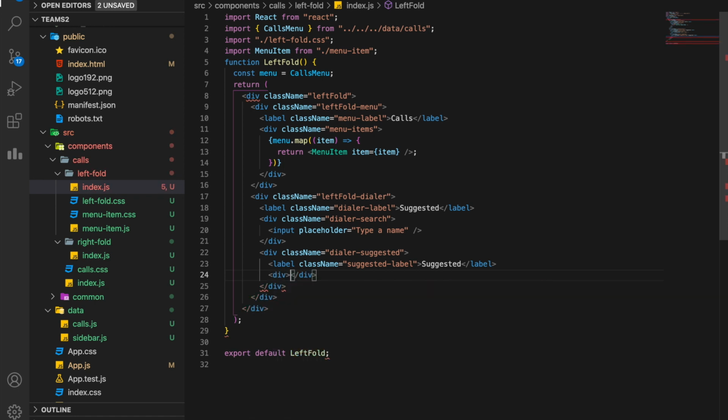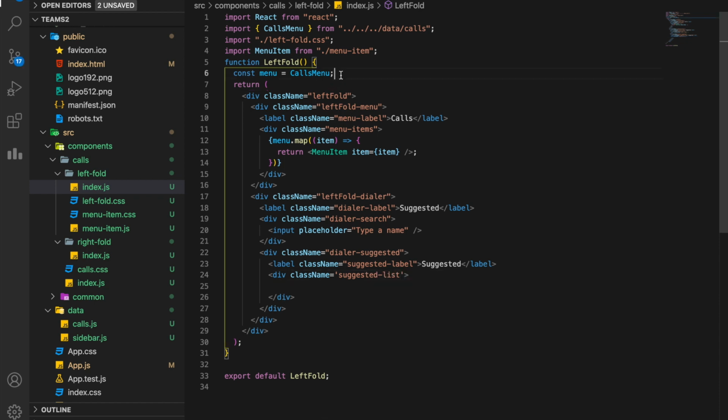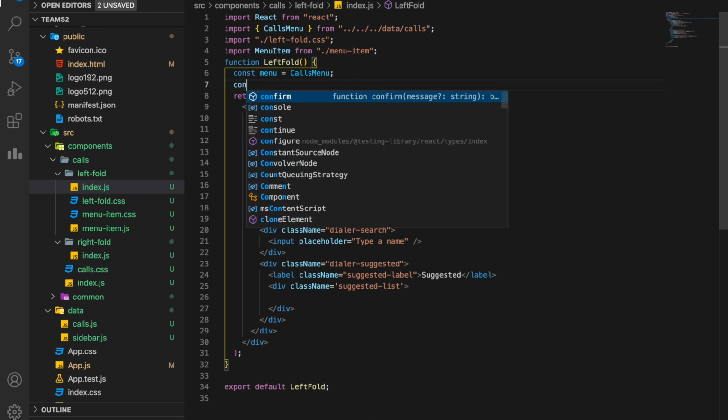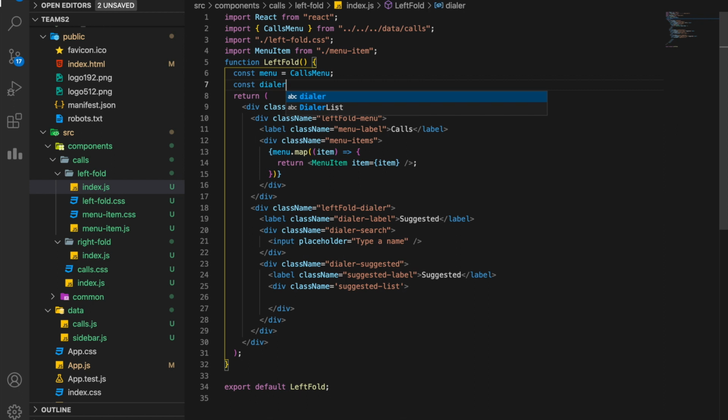So let's call it suggested list. Now in this list I'll have a dialer list taken from there. So it is const dialerList equals dialerList.